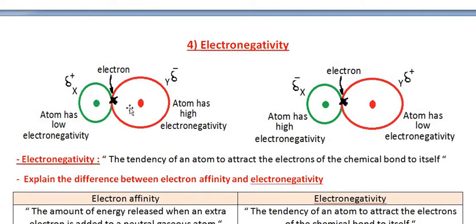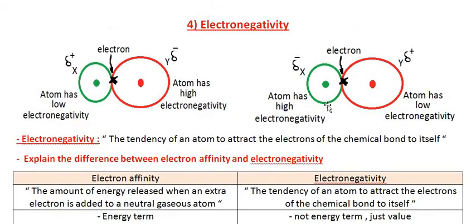If the difference in attraction between the two atoms is very high, the bond will not be covalent but will be ionic, because one of them will attract the electron very strongly, such that it takes this electron completely and forms a fully negative charge, and the other will be a fully positive charge. Okay,